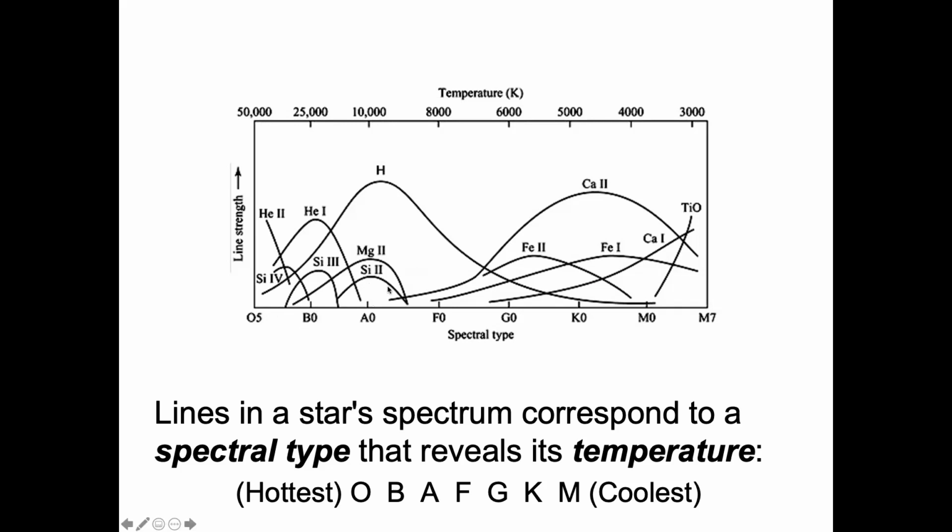All right, so for a star like our sun, right, our sun is, oh God, is it G2 or G5? I don't know, it's not really clicking in my head right now. But our sun would have sort of weak hydrogen lines. We would have some strong iron and calcium lines. Calcium 2, we get some iron 1 and iron 2, a little bit of calcium 1, but we wouldn't really see any spectral lines related to helium or silicon or magnesium. Right? Those are more prevalent in the hotter stars.